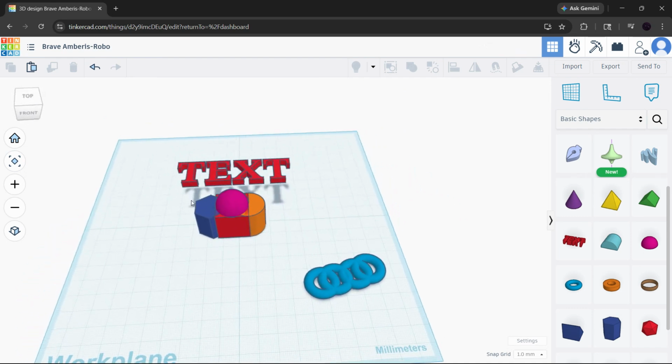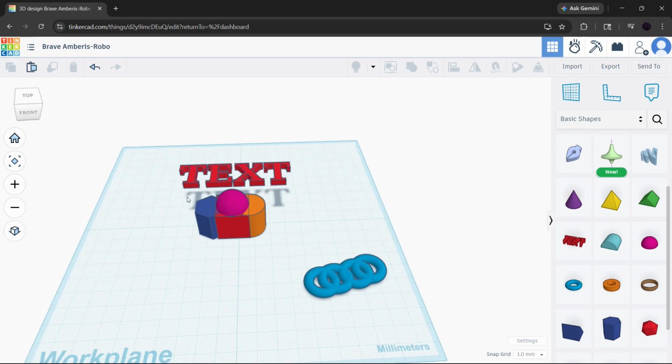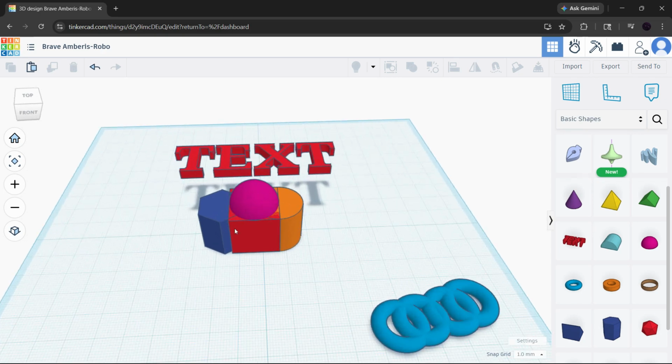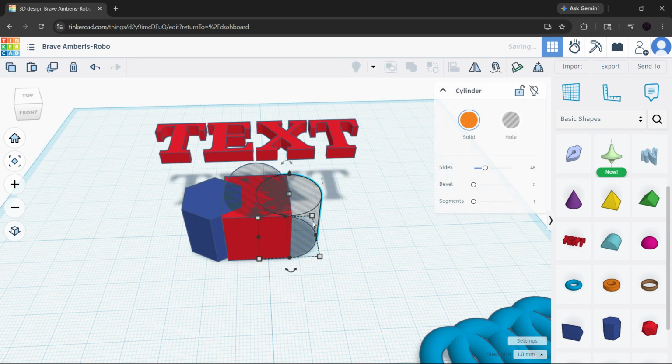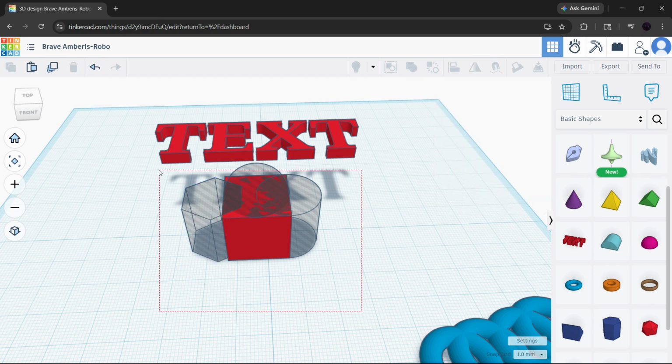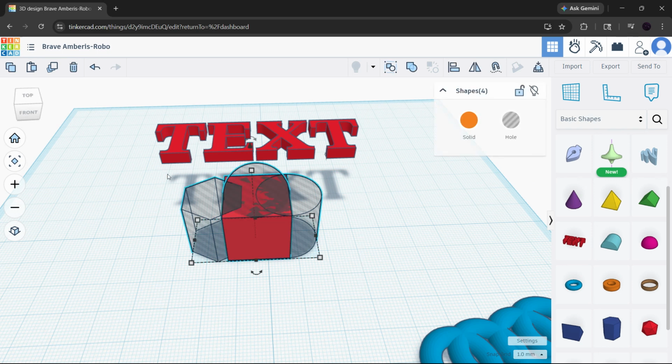Another helpful trick is using hide and show commands when your project gets more complex. If you have a lot of overlapping shapes and want to look underneath a specific part, you can hide an object by selecting it and pressing H on your keyboard. That removes it from view temporarily without deleting it, which is great when you're trying to edit something behind it or underneath it. Then, when you want everything back, press Ctrl+Shift+H to show all hidden objects again. This is a simple but powerful way to manage layers visually, especially in larger projects where things can get crowded